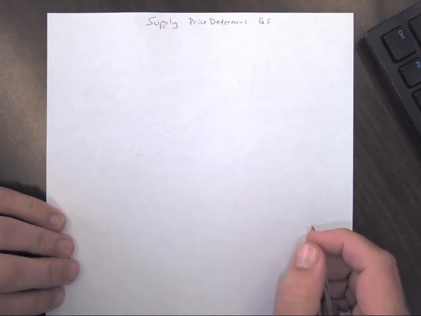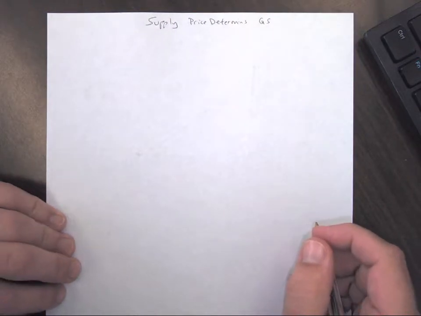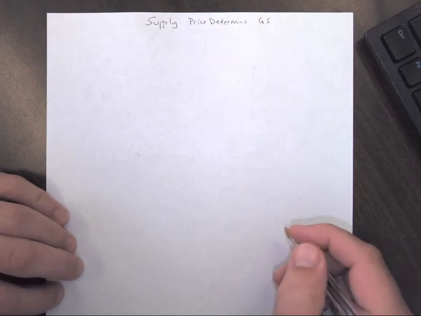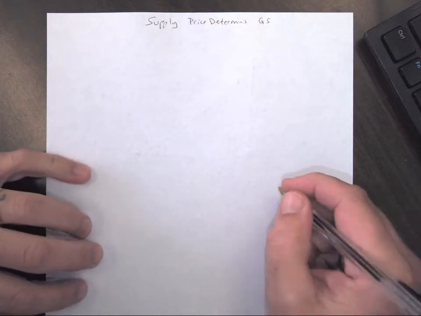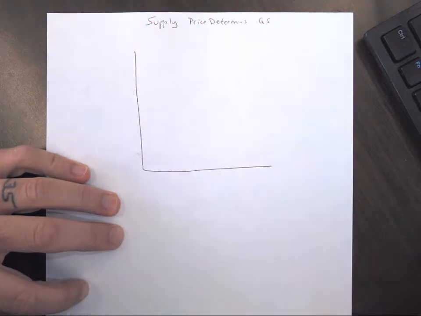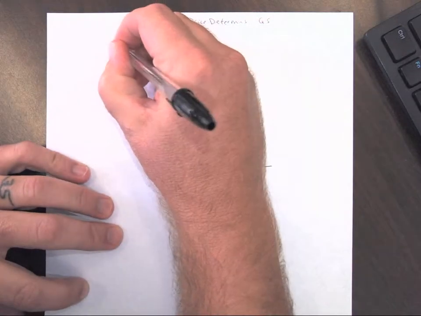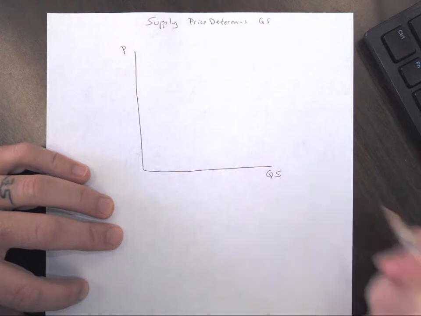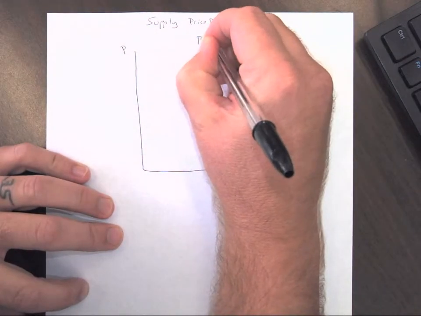Now that we've gone over supply and demand, we went over demand and price being a determinant of how many would be demanded. Now we can look at the supply side. The supply side is the businesses or the manufacturers of the items. So once again, we have our price, our quantity supplied, and we're looking again at a single can